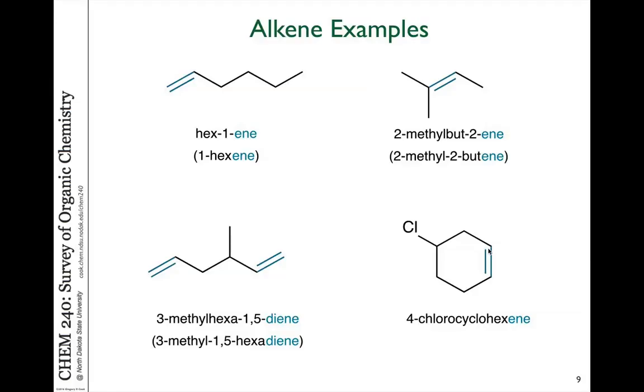In the last video we saw a few examples of naming alkenes when I was discussing cis and trans isomers. I want to talk a little bit more about IUPAC naming for alkenes, and here are some examples that we can talk about. So when we name alkenes, we take the ANE ending of an alkane for the longest hydrocarbon chain that we have and replace that with ENE to indicate the presence of a double